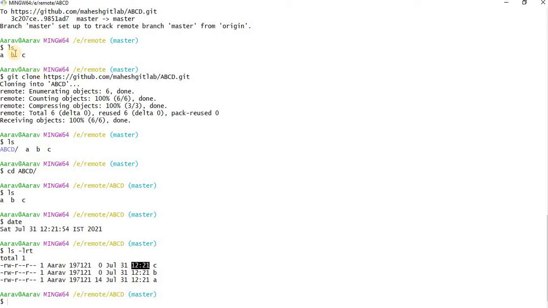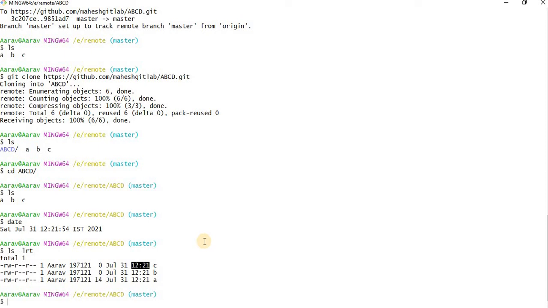The other one was created long back, 3-4 minutes back. Hope you understood cloning. Clone is nothing but getting an exact replica from remote repository to local repository. Whenever someone wants to get the entire code from remote to local for the first time, they will perform cloning.